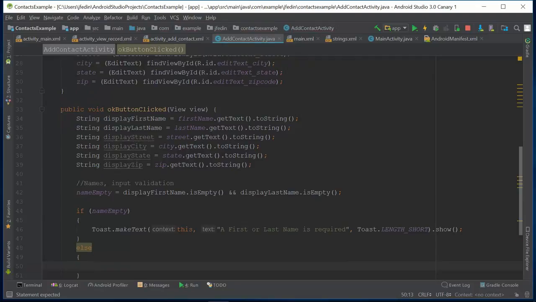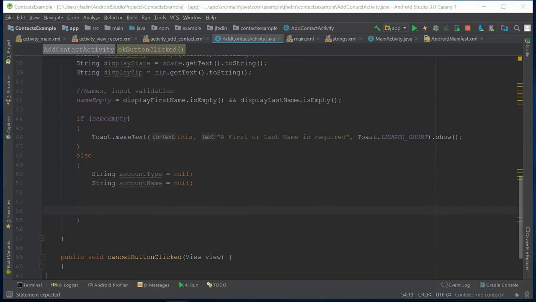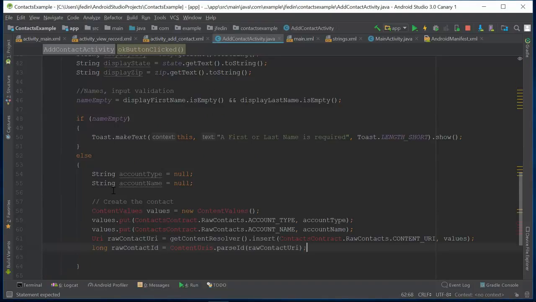So the first thing we have to do is we have to make sure that we add the contact to the right account. So we're going to create two local variables that represent an account type and account name. We then need to create the contact itself. To create a contact, we have to create a content values object. We have to put into the content values object something into the raw contacts table, an account type and an account name. And if we set those to null, we'll be able to add to the right contact with the